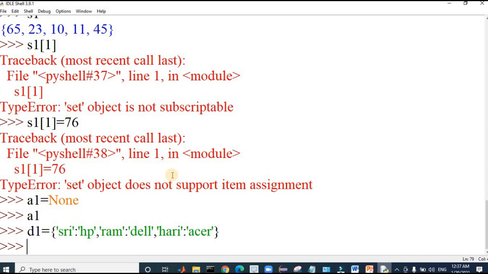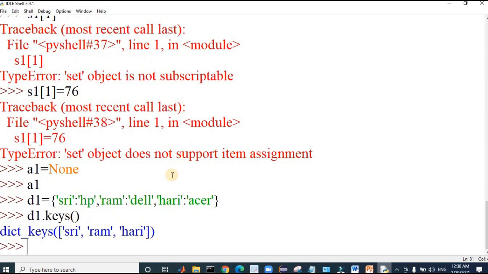If we try to print the dictionary, it prints the values which are passed here. We can also print the keys separately, and the values separately. Let us see how this works. For this, I need to query d1.keys.